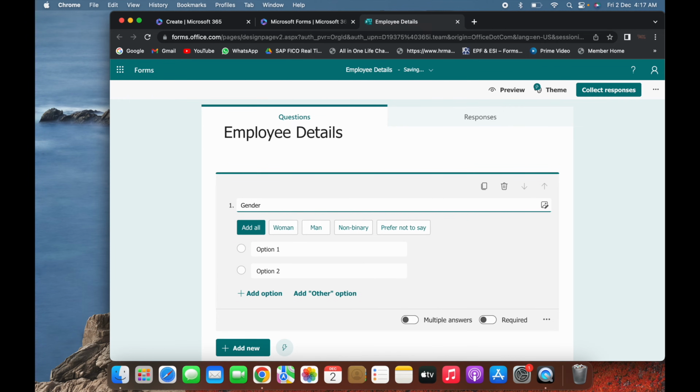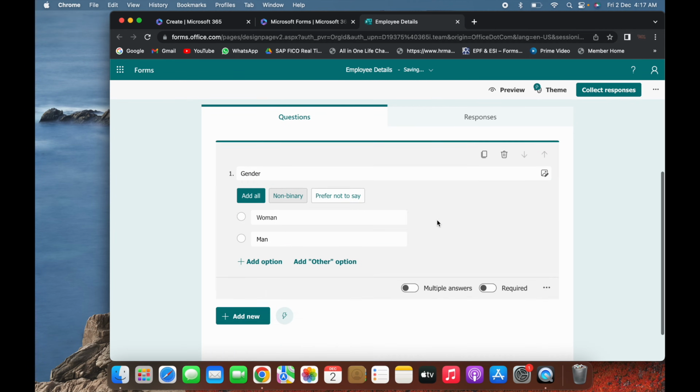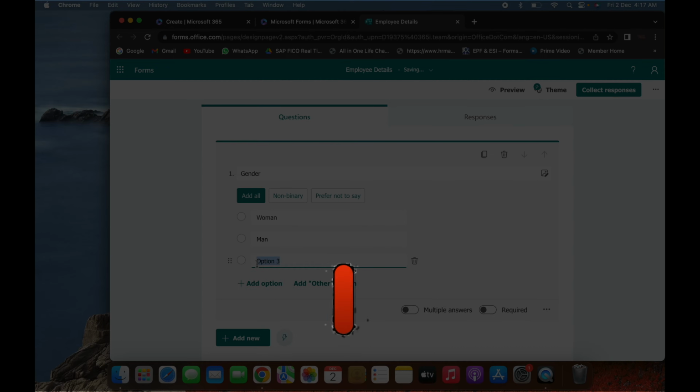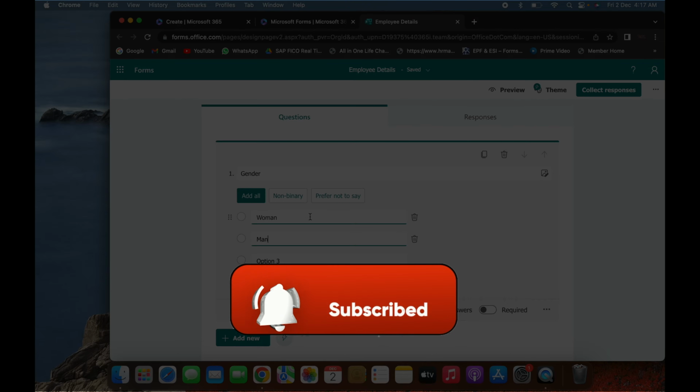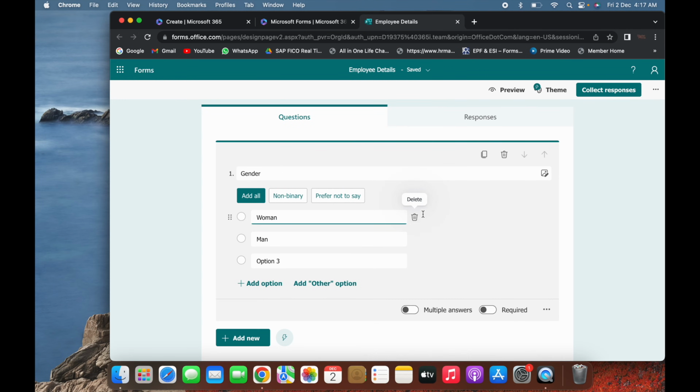You can make Woman, next you can make Men, and simultaneously you can keep on adding if you need to. If you do not require a section, select it and click on the delete icon at the right side.